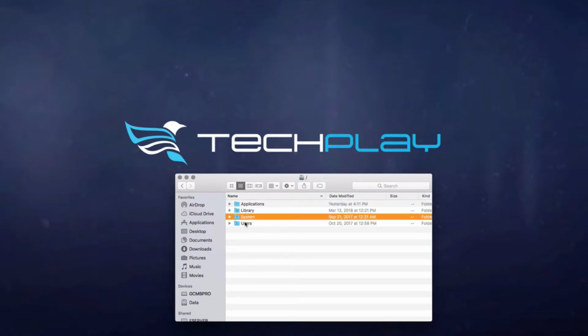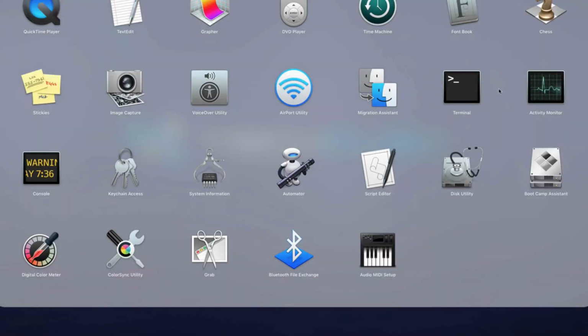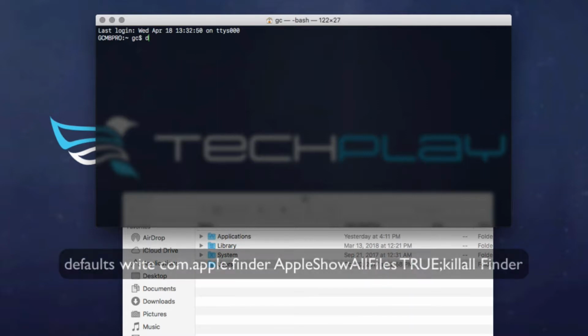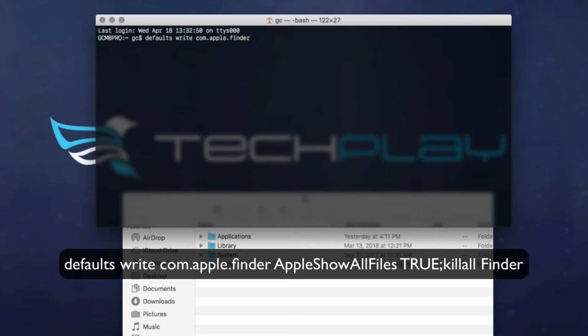So now what I want to do is open up a terminal. And what we're going to show you is the long way, the old-fashioned way, right? So in the terminal, what I'm going to do is type in defaults write com.apple.finder. And I'm going to type in AppleShowAllFiles, with capital A, capital S, capital A, capital F,